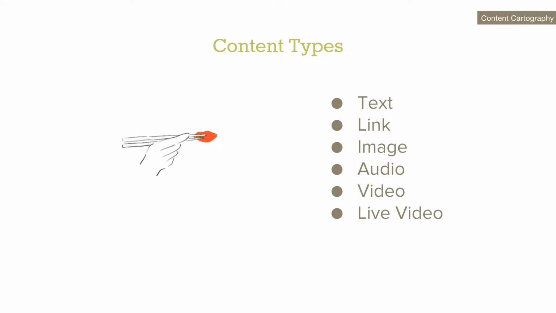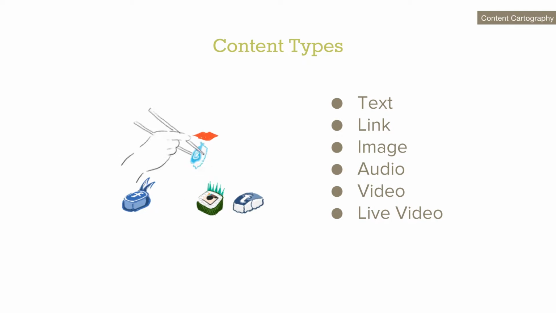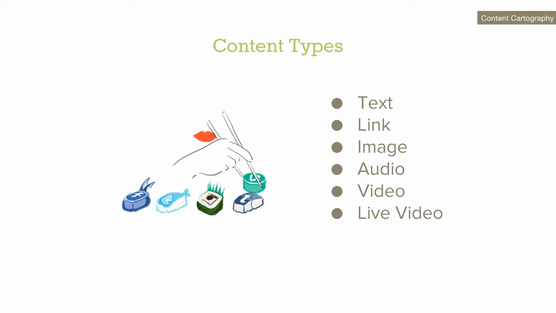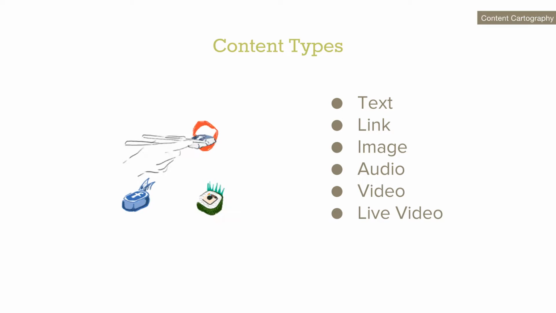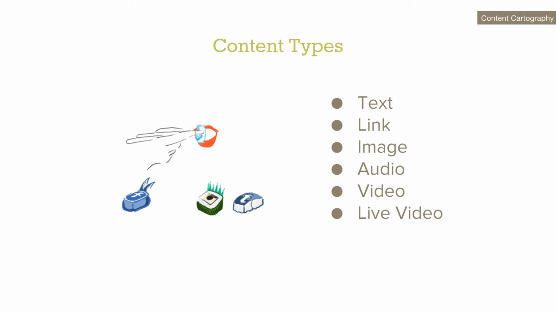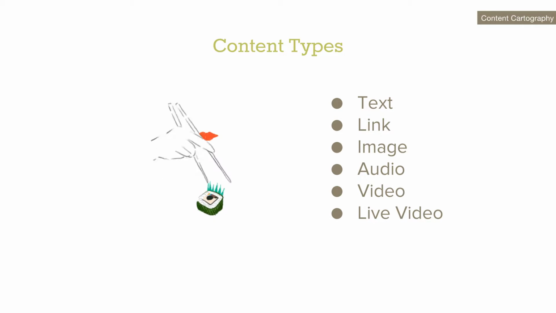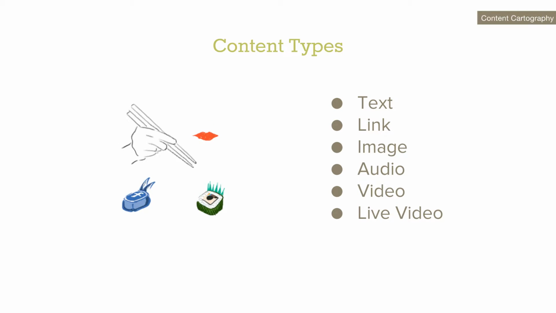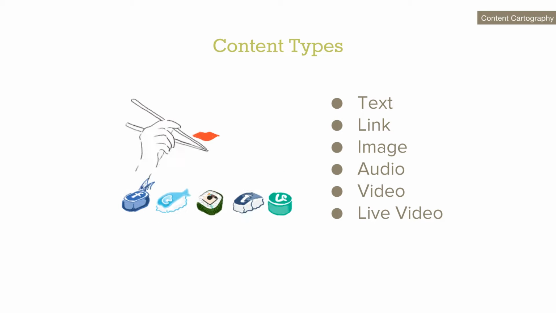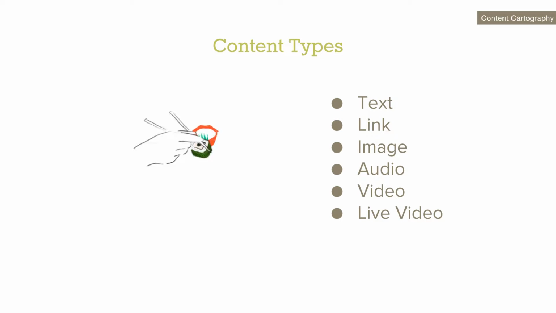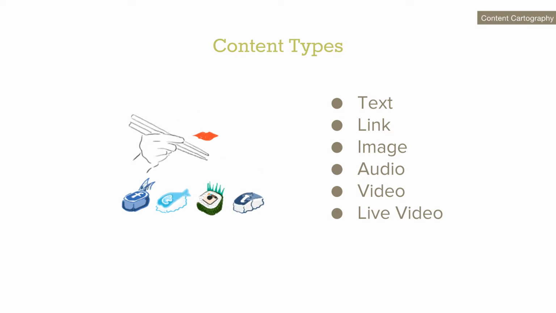Let's talk about content types for a second here. Going back to social activity, being purposeful with your content means making sure that your content is on the right channel, targeting the right audience at the right time. There's also a deeper level there, which is the content types. Are you making sure that on the specific channel that you are sharing, you are sharing the right content that is the most engaging? Different channels have different features, different user experience, different UI, different algorithms, and so forth, and they treat your content types differently.